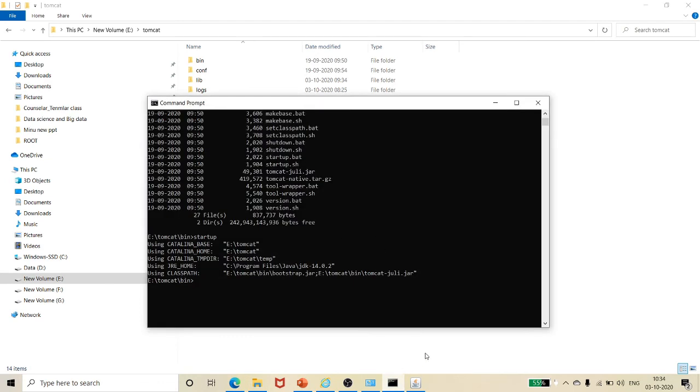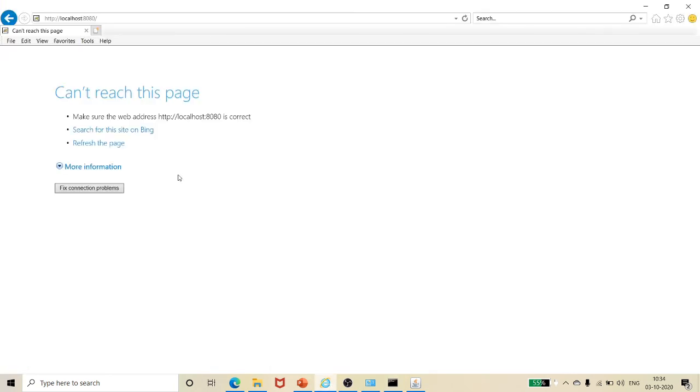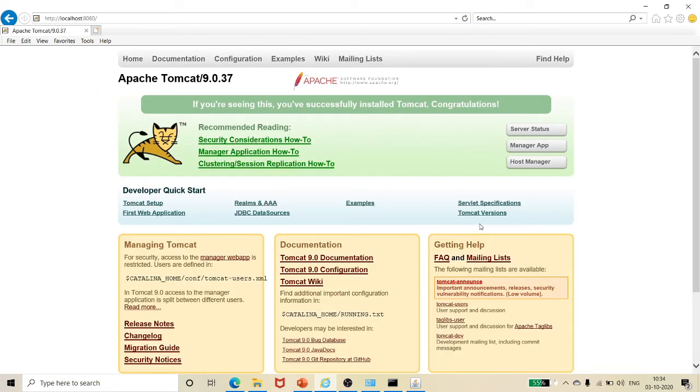Okay, I have got that screen, but now I need to check whether it is working. So let me go to this browser again and refresh it. See, this is the first page of my Apache Tomcat. It means that my Apache Tomcat is working. We use Apache Tomcat for running JSP and servlet programs, am I right? So you need to see whether the JSP and servlet programs are working perfectly in the server.